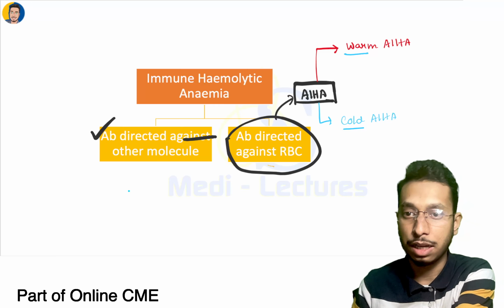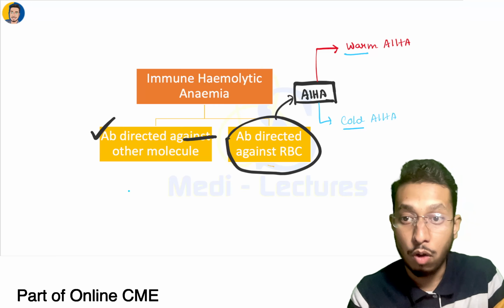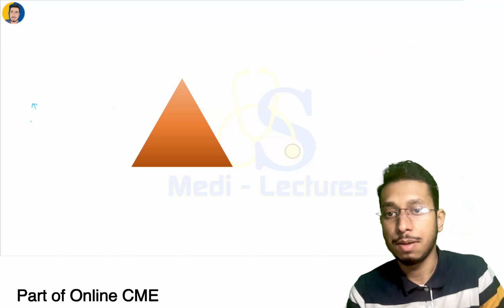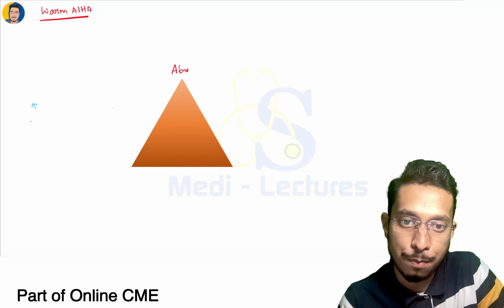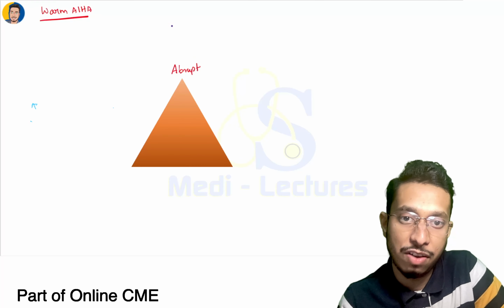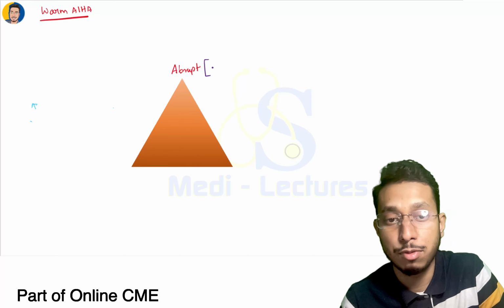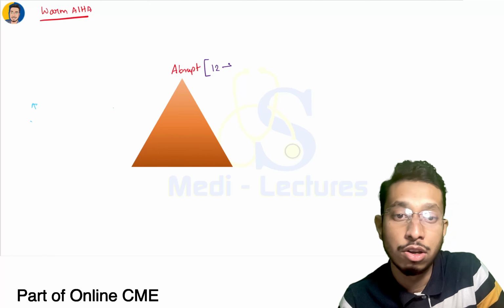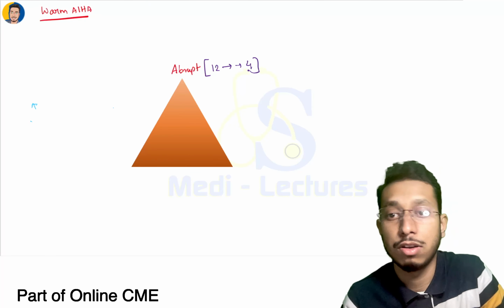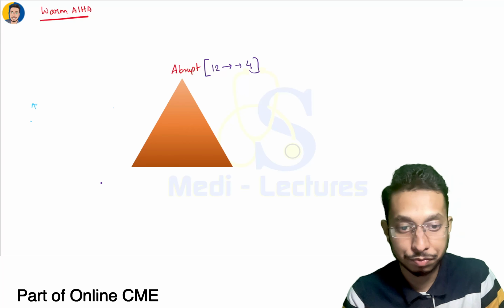Now when do you suspect a patient has autoimmune hemolytic anemia, right? We are going to discuss the warm one first. Warm autoimmune hemolytic anemia. Remember, this has an abrupt presentation, a triad you mainly need to suspect. Abrupt means a very sudden onset drop in hemoglobin. For example, hemoglobin dropped from 12 or 13 to 4 within a span of 2 to 3 weeks, and